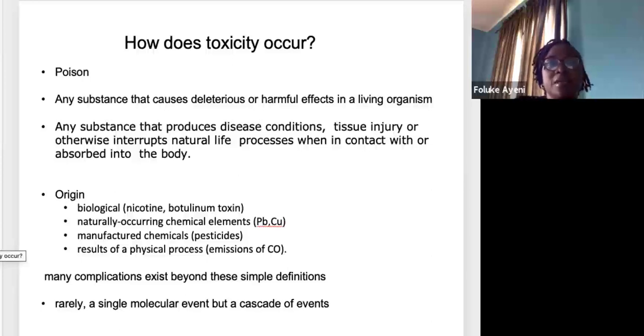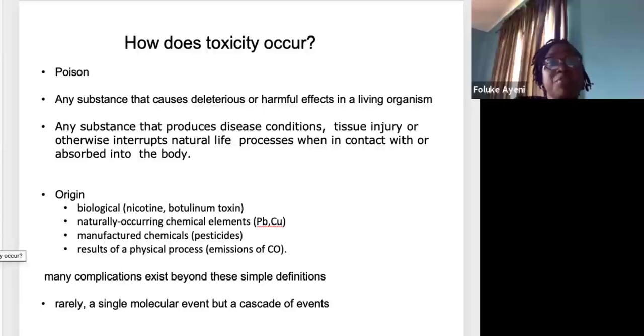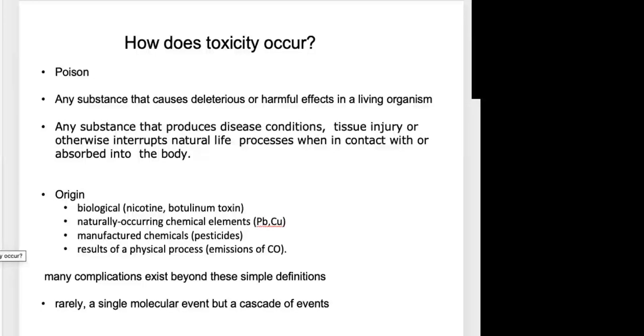And a poison can be of biological origin. If you have looked through the notes that I sent to you, these are part of the notes. How many of you have accessed the notes for last week on PCL 322 on the LMS? I hope the majority of you have done that. Have you? Yes, ma'am. All right. So a poison can be of